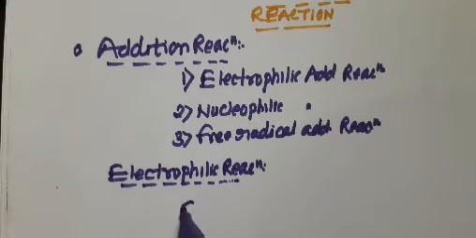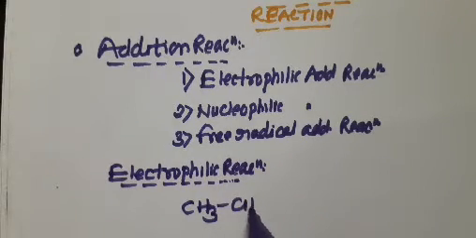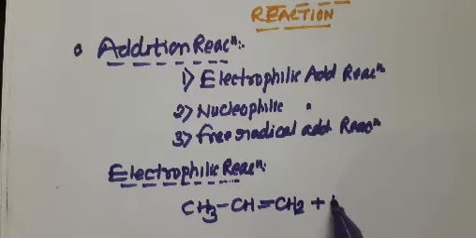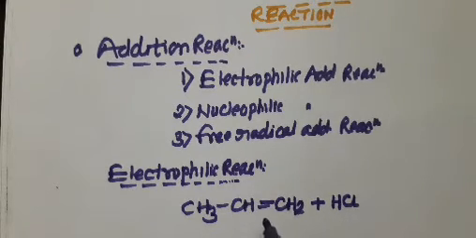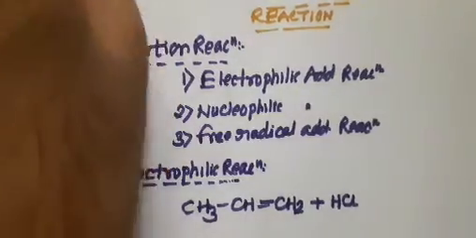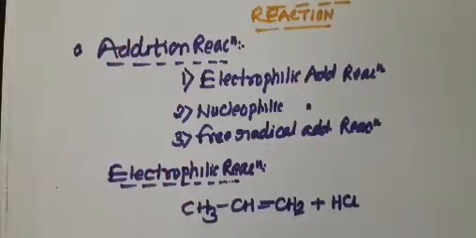Let us start with an example. CH3CH double bond CH2 and it interacts with HCl. Here we can see that the given alkene is propene